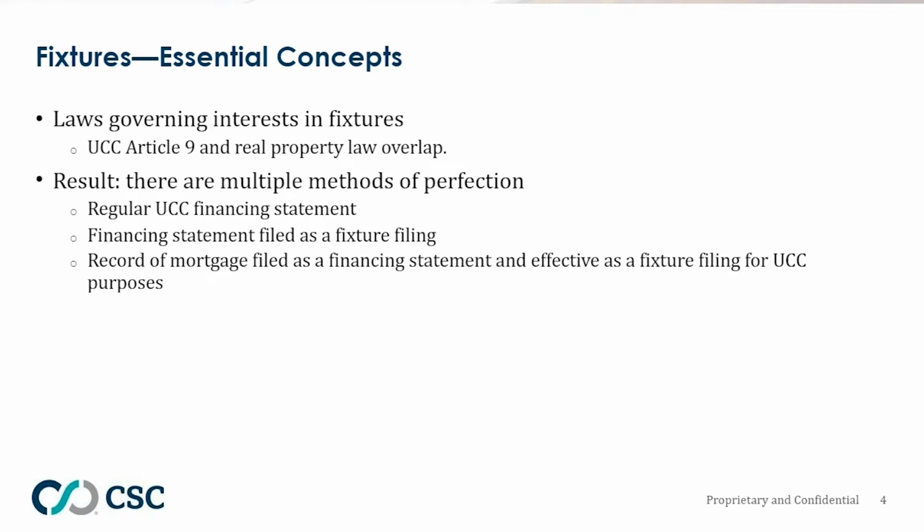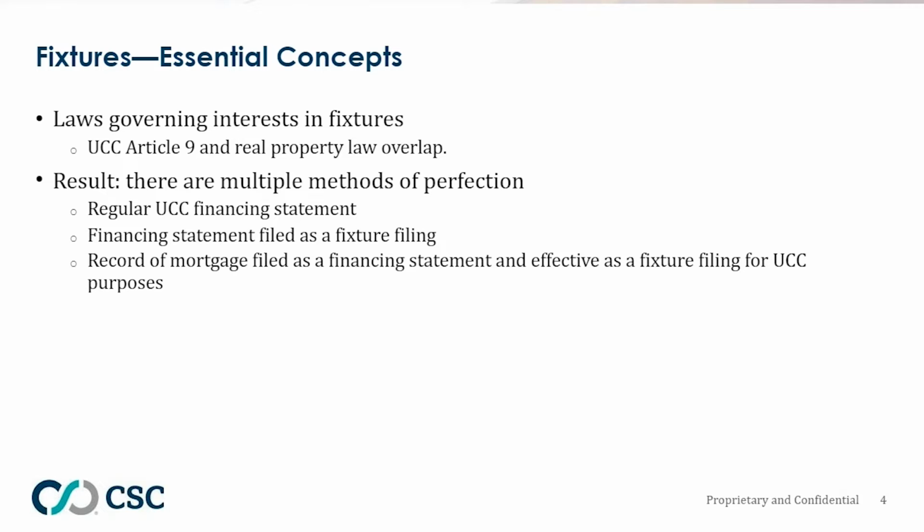Now, because there's that overlap and the rules have to apply in both the real estate and the personal property context, there are multiple methods of perfection available that have different impacts on the security interest. A secured party with a security interest in fixtures can perfect like any other security interest by filing a regular financing statement where the debtor is located, or they have the option of filing a fixture filing, which is a defined term in Article 9 and requires filing in the real estate records, or they don't even have to make